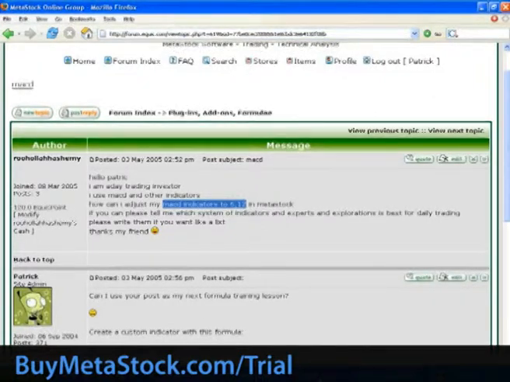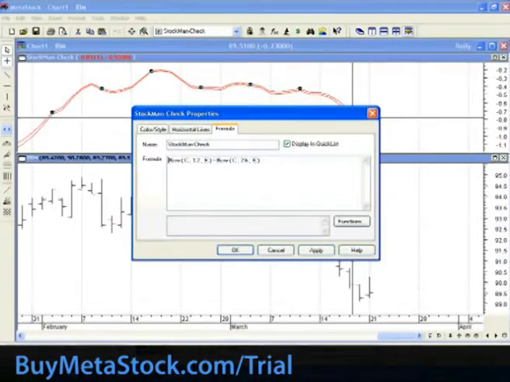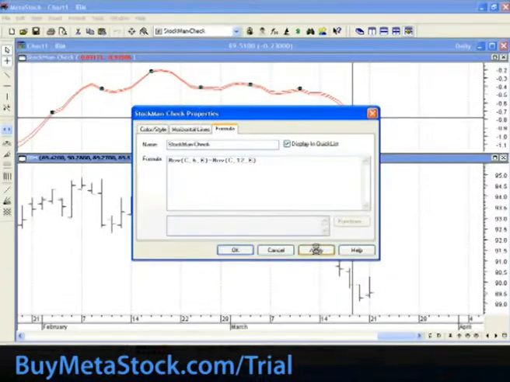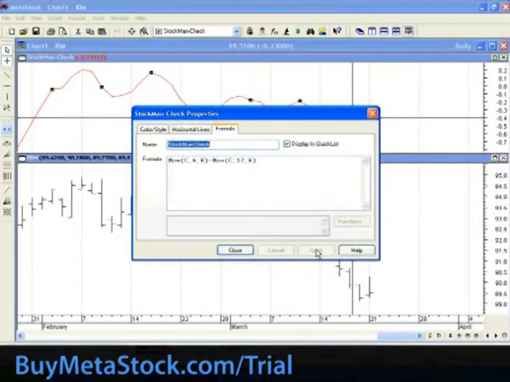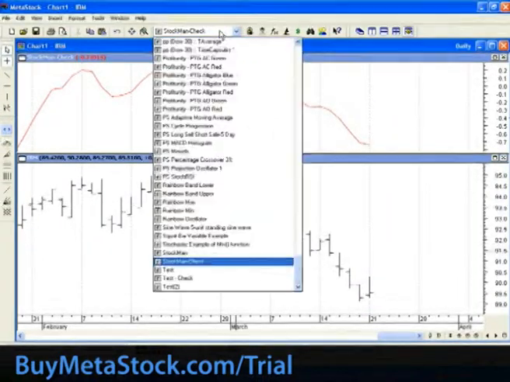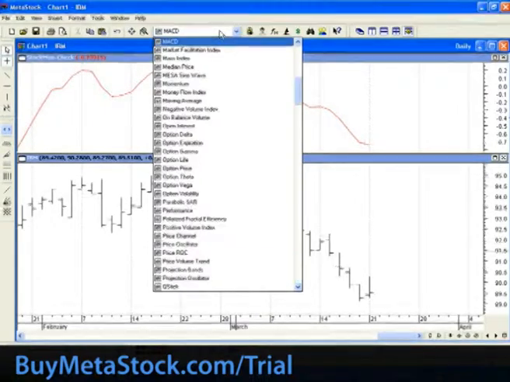So you want to adjust the MACD indicator to 6 and 12. Alright, so the only thing I have to do is, instead of using a 12 period moving average, which we already know how to do, I'll just use a 6 period moving average and then a 12 period moving average. Okay, now if I click on apply, it plots my moving average of 6 and 12. That works great, but if I plot the MACD straight from Metastock,